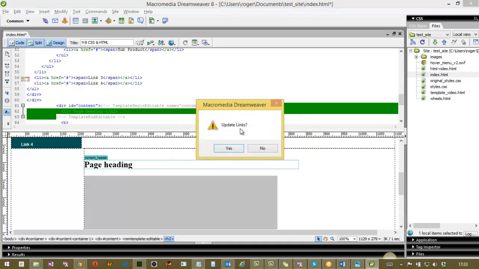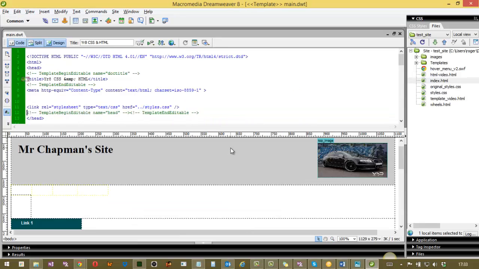And it'll ask you to update the links. Just click yes, and there we go. There's our template folder, and inside is our main Dreamweaver template. Okay, so that's the first section finished. So if I close that down,